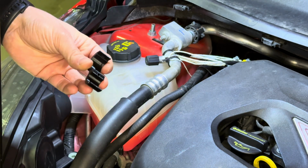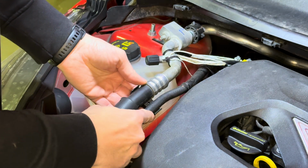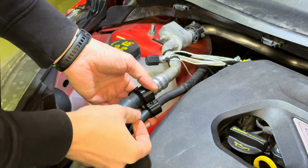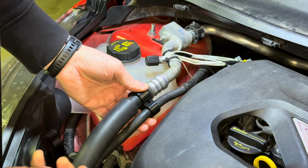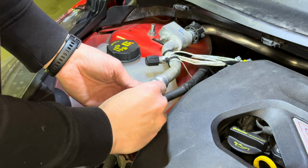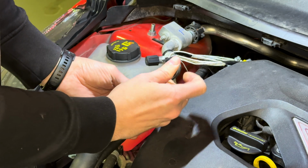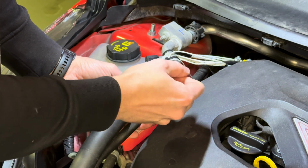The installation is fairly straightforward. You take the bottom part of the bracket, put it under both of these hoses, take the upper part. Of course, you have to be careful to use the big part on the AC hose, the smaller obviously on the water return line. Take the bolt, put it into the hole, take your Allen key, and just start tightening. I'm not sure if you will see it in this video. So I'm just tightening the Allen bolt